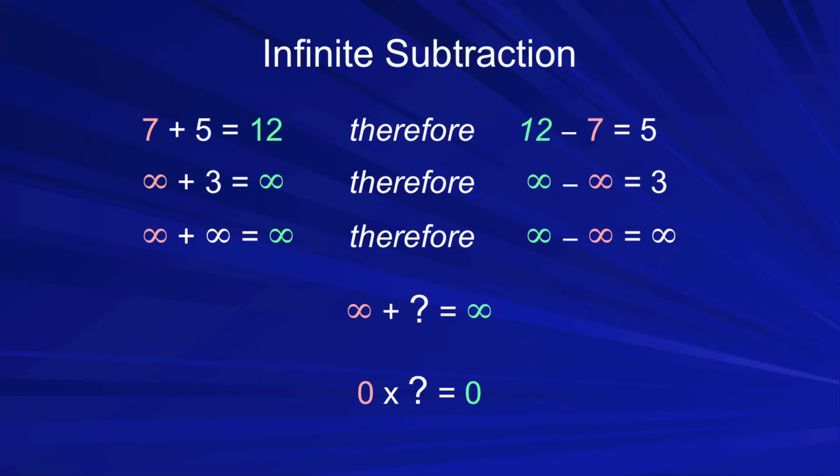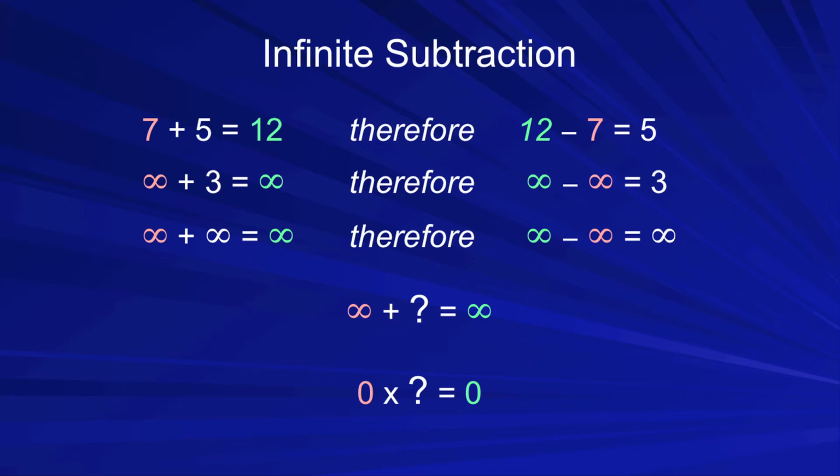When we say that 12 minus 7 equals 5, all we mean is that 5 is the unique solution to the equation 7 plus what equals 12. Where this sort of equation has more than one possible solution, we cannot properly talk about subtraction, because no unique value can be specified in that way. That's all, and there's absolutely nothing mysterious or contradictory about any of this. It's the same reason why you can't divide 0 by 0. The equation 0 times what equals 0 has lots of solutions. But that doesn't mean there's some fundamental problem with arithmetic using 0. It's just what you'd expect, given that 0 times anything yields the same result.